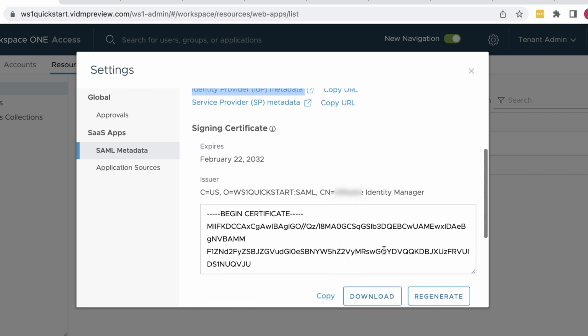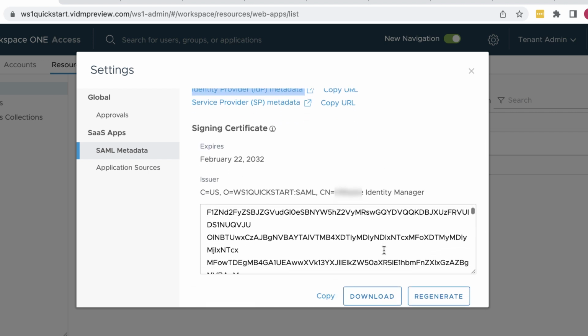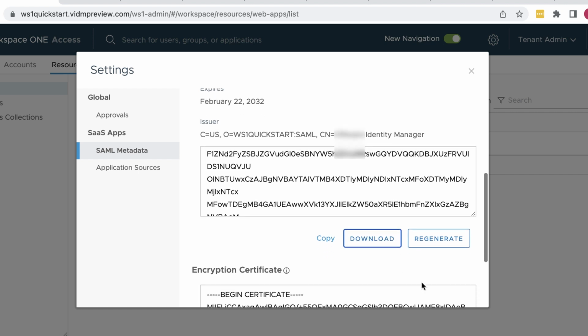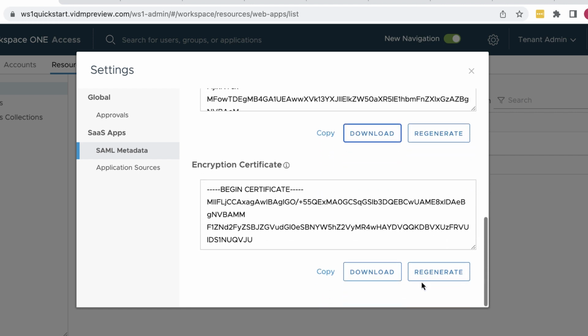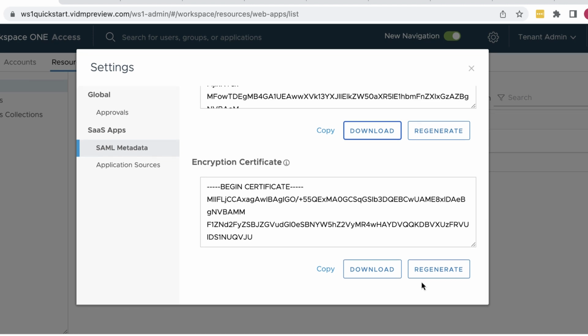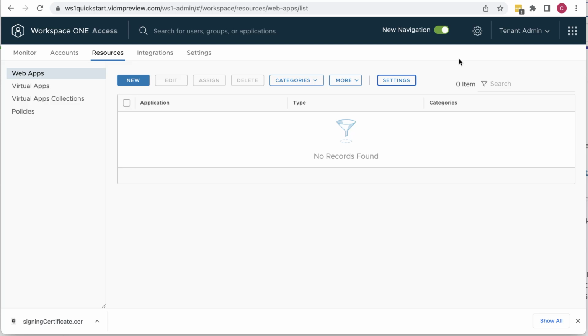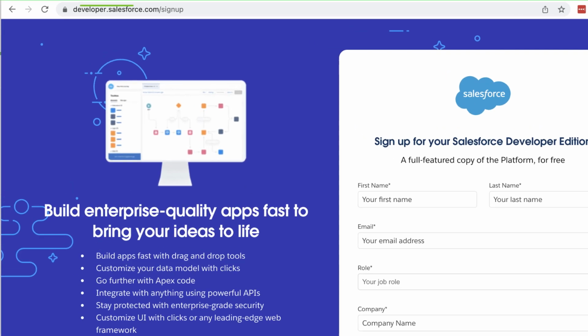You can also use this window to download a signing certificate, and some web apps might require that. But the identity provider metadata includes the signing certificate information, so we won't need to separately download the certificate. And we're not going to do encryption, but the option is there for production environments. And now we'll close this window and open a new browser tab to go to